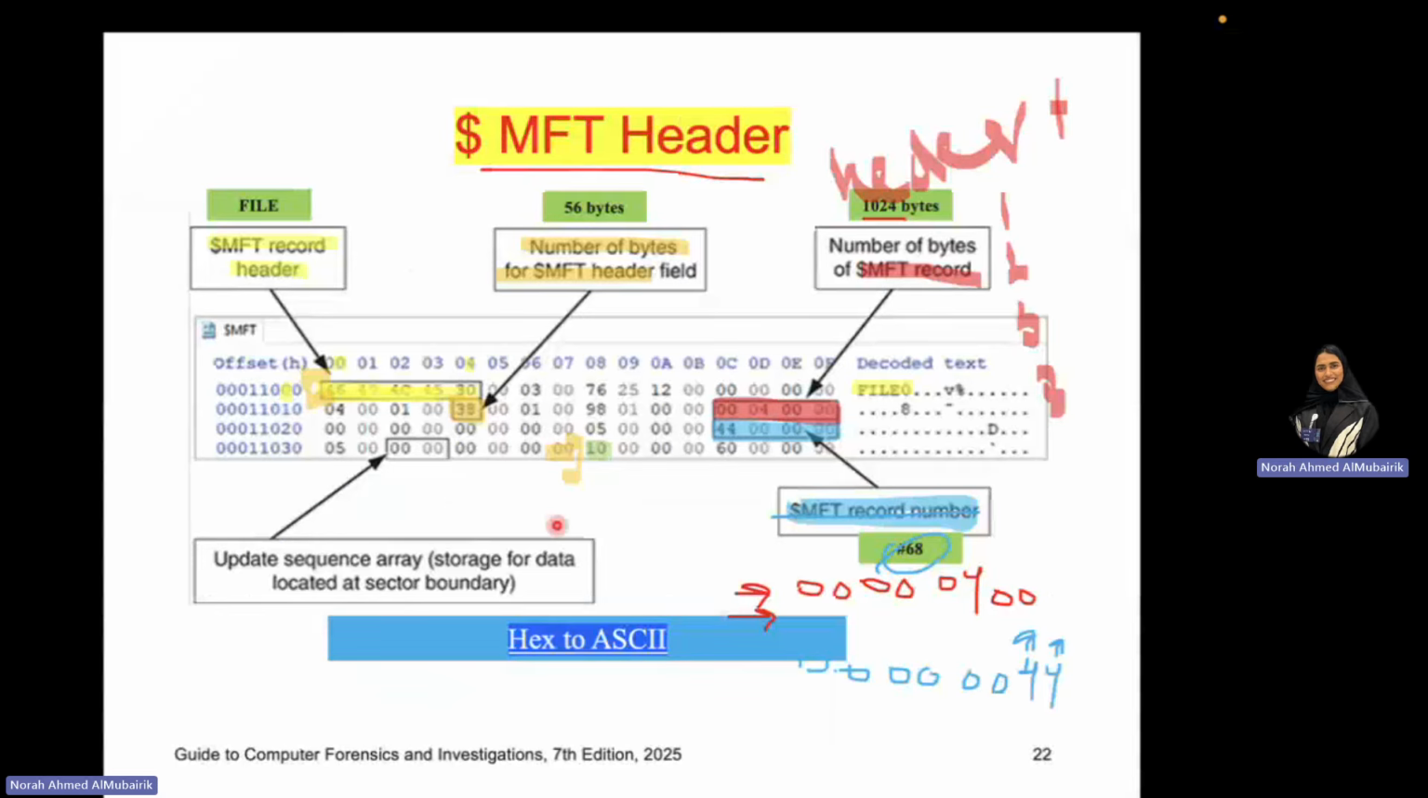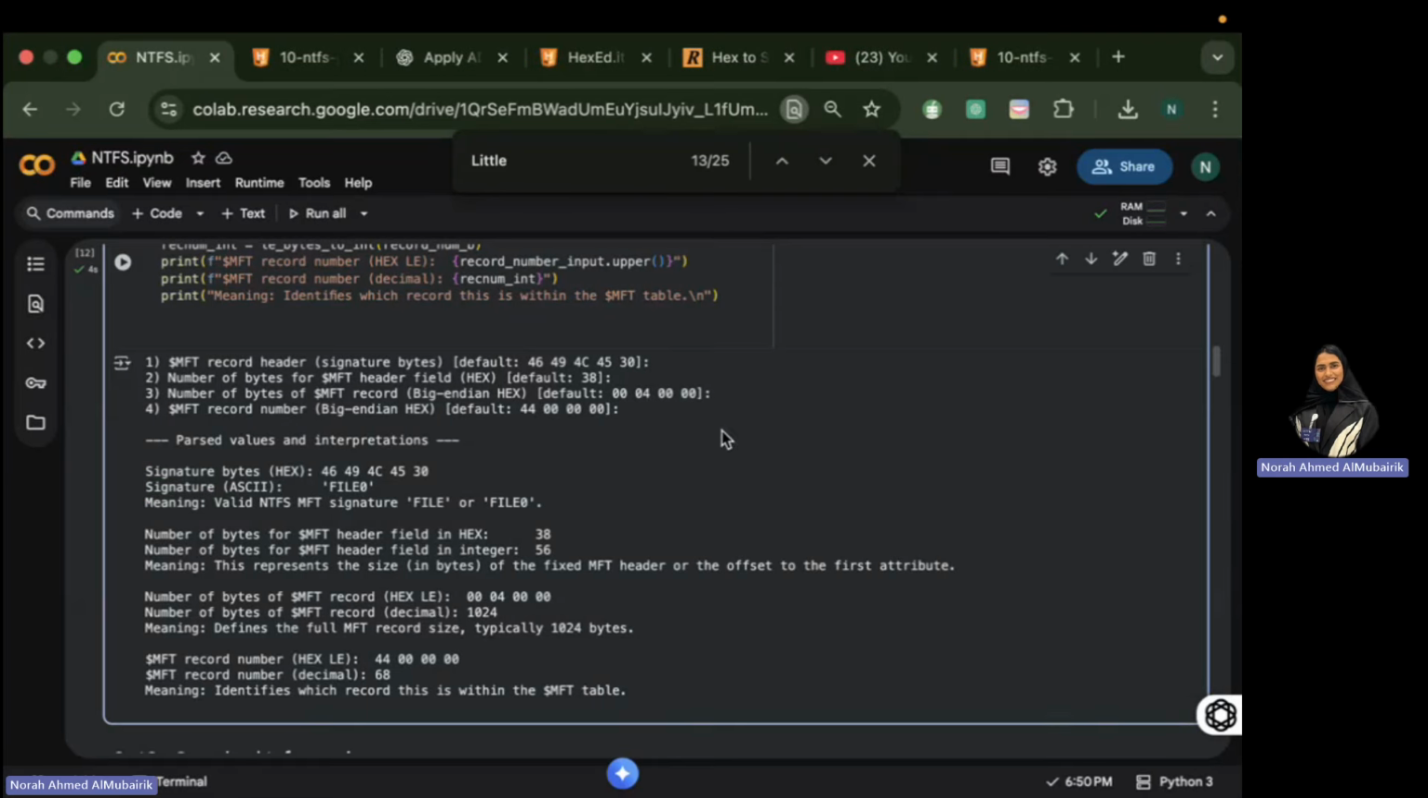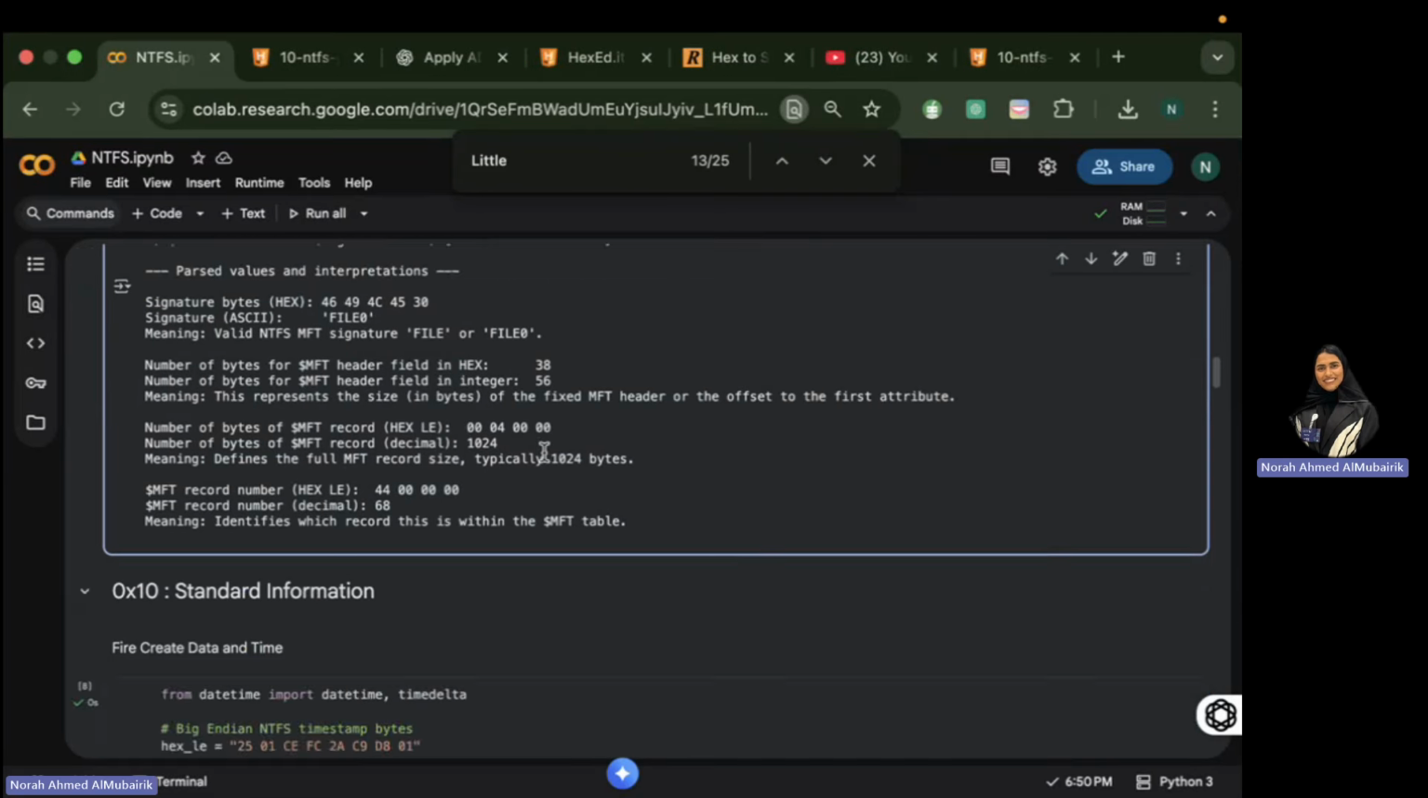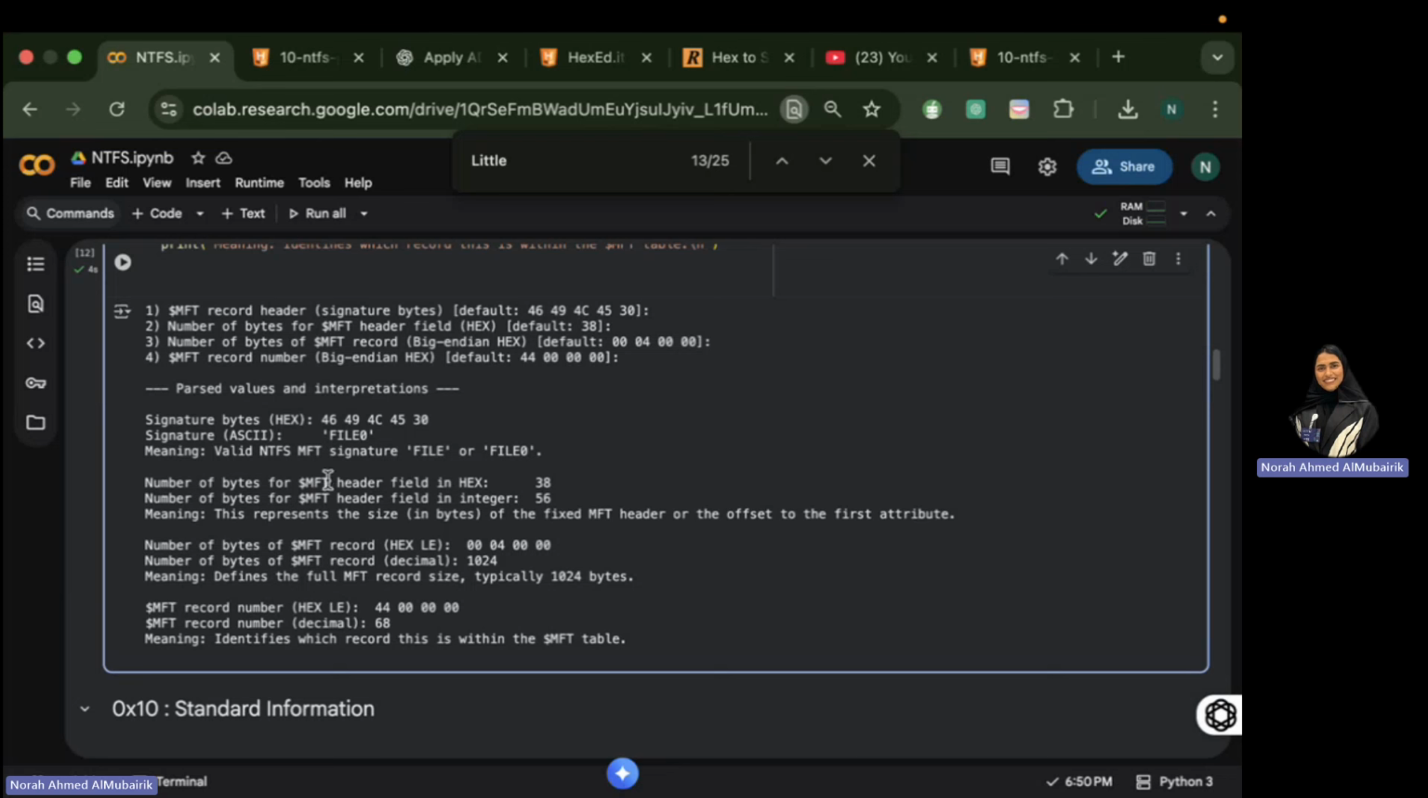The same example, I just fed it to Python in order to decode the information. So it says that the signature in hex is 46, 49, 4C, 45. This means that this is FILE0, and FILE0 means a valid NTFS MFT signature, because if I see FILE or FILE0, this means that it is a valid file. Regarding the MFT header,